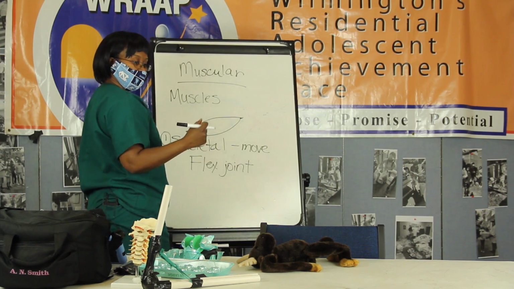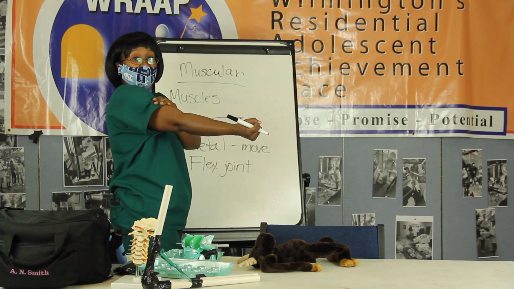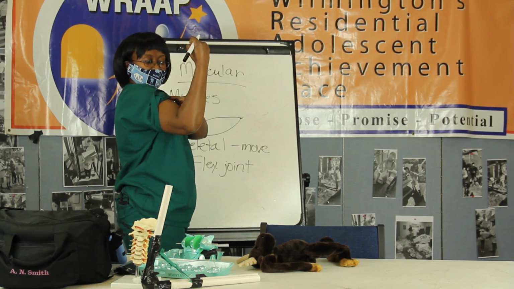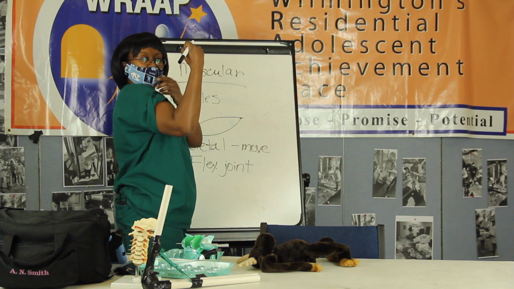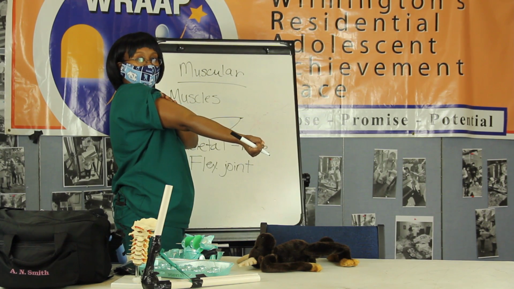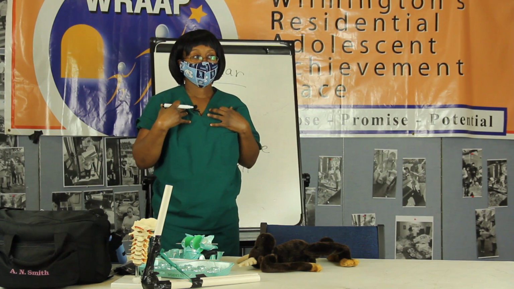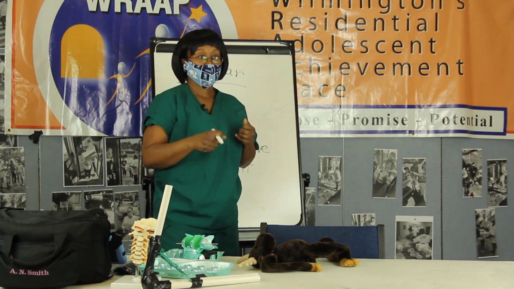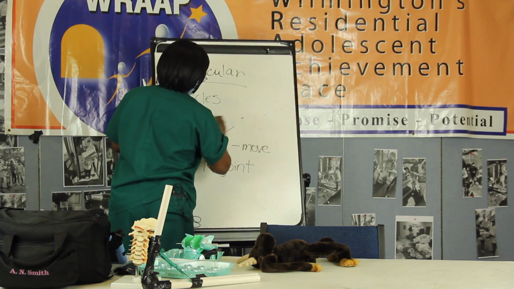So when we flex, we're going to bring two different bones together. The muscle will shorten, and it'll be bigger where you can see the muscle. That's called flexing. Now when it extends, you actually bring those two bones apart. That's extending. That's what skeletal muscles do, and we can actually control that. That's something you can say, I want my muscle to move, and you can do it. Now the other two muscles that we're going to talk about, you cannot do that with them.